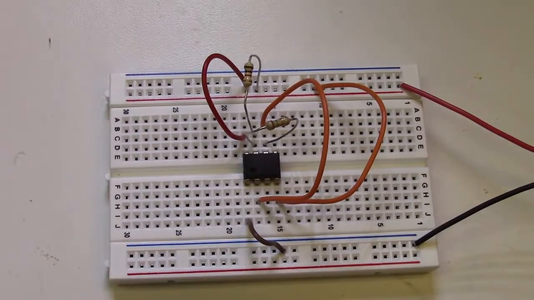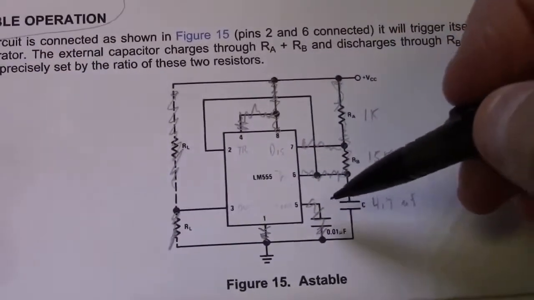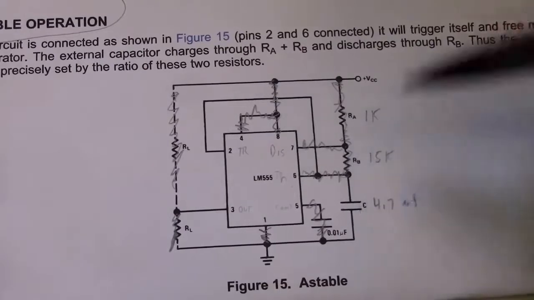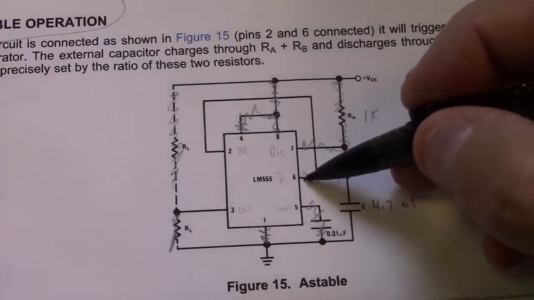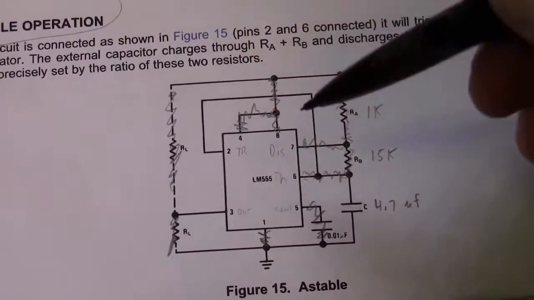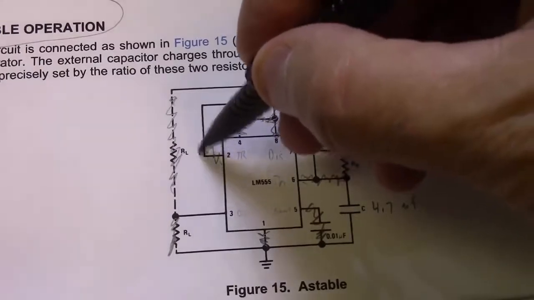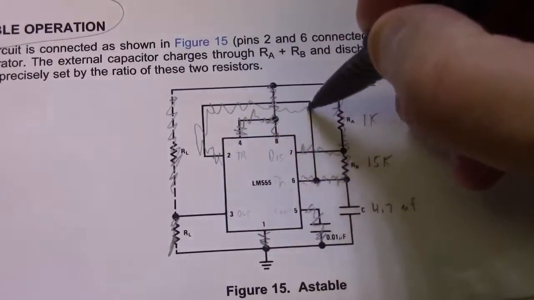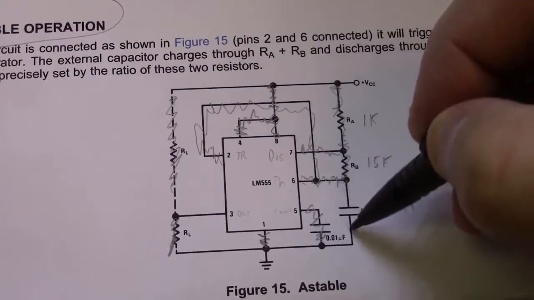So the capacitor, according to our schematic here, not this capacitor, but the one we're going to use for timing, the 4.7 microfarad capacitor goes from pin 6 to ground. But it also goes from pin 2 to ground. So we've already made this connection here. So we're going to go ahead and hook the capacitor from pin 2 to ground, since 2 is right near